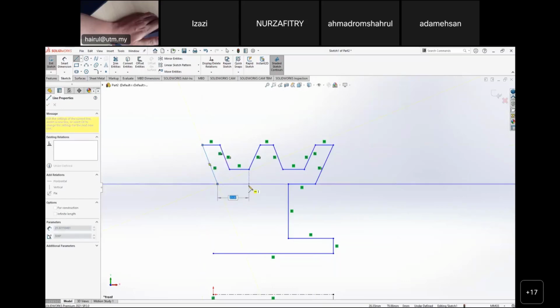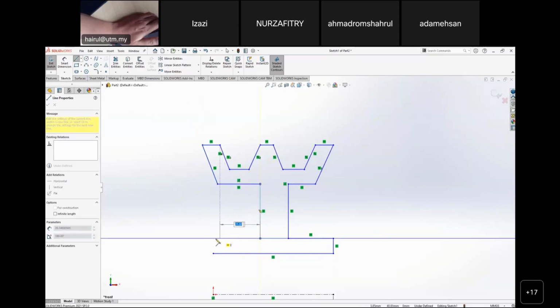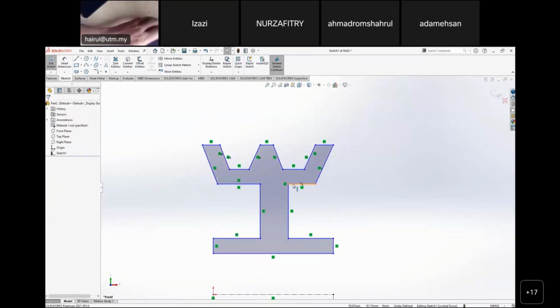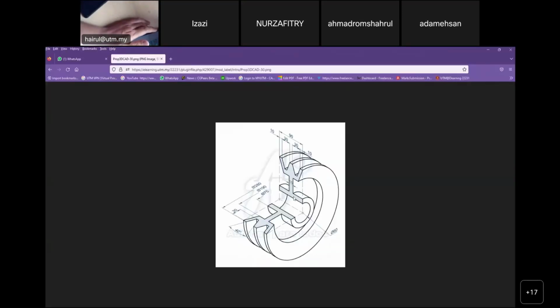Like this. Okay, this one is fine. The distance is not important. Go like this, like that, then you close your profile. Okay, now this profile is not fully defined. We have not put the dimension. But if you look here, the total length is 90. Total length is 90. So it means that